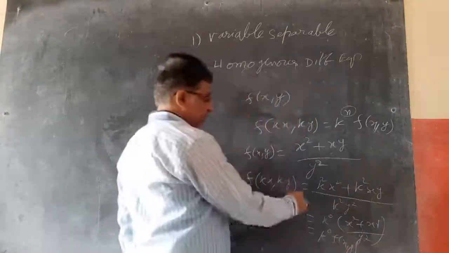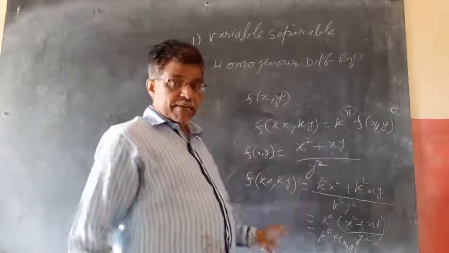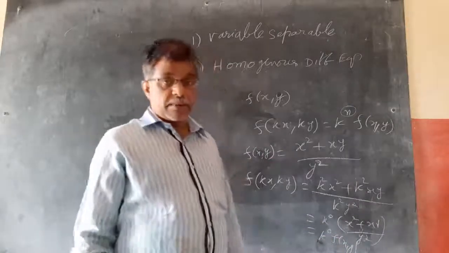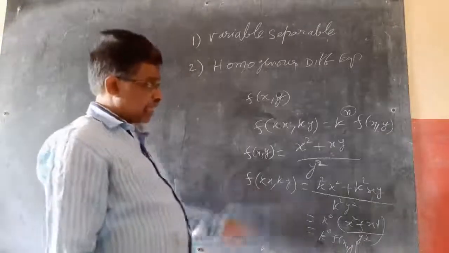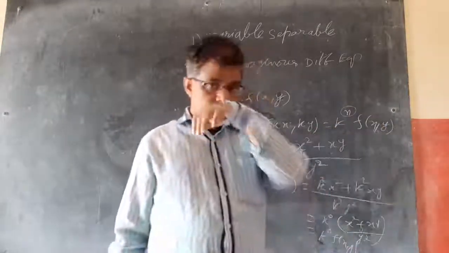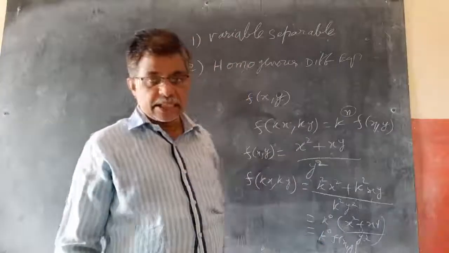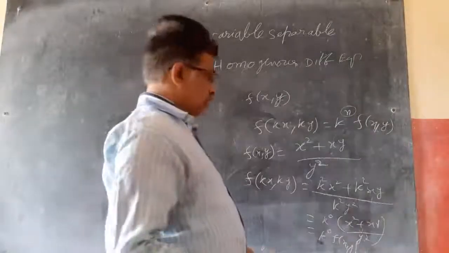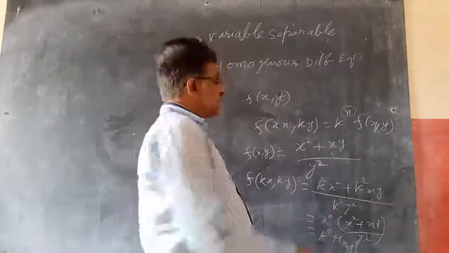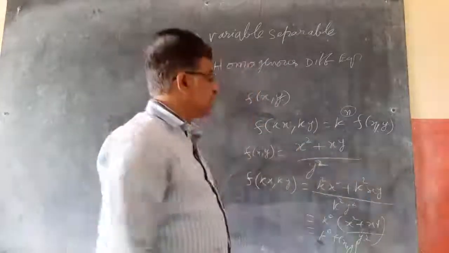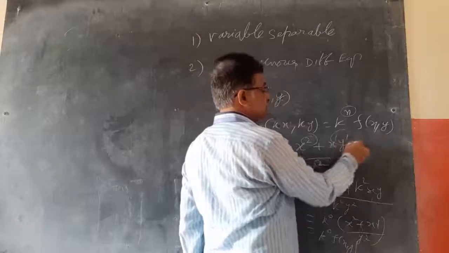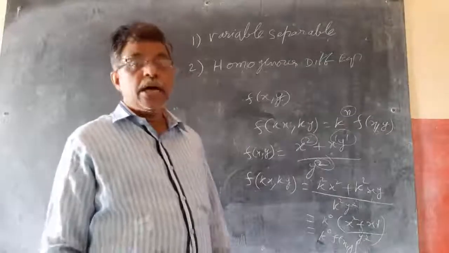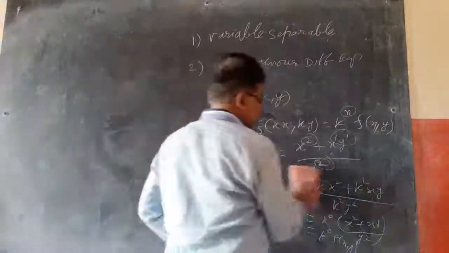So if I take f of x comma y equal to some function, then f of kx comma ky equal to k power n. Here I got k power 0. So f of x comma y is a homogeneous function. Like this, if you are able to write k power n f of x comma y, then it is called a homogeneous function of degree n. And a simple way of telling homogeneous is, if all terms are of the same degree, then it is homogeneous. This is second degree, this is second degree, 1 plus 1, this is also second degree. So if all the terms in the equation are of the same degree, then simply we can say it is a homogeneous differential equation.